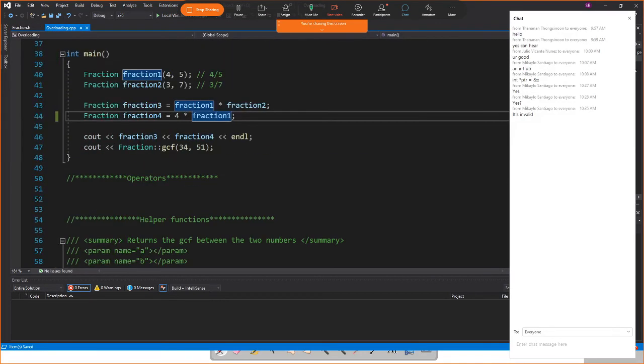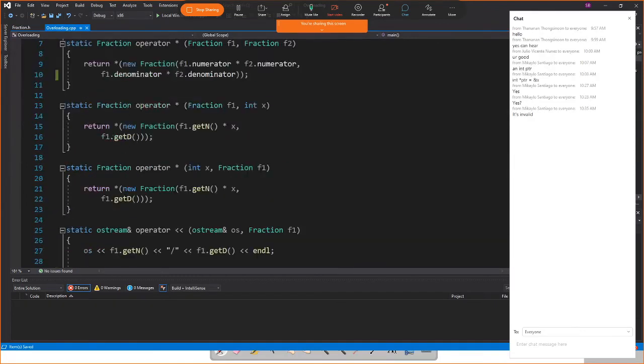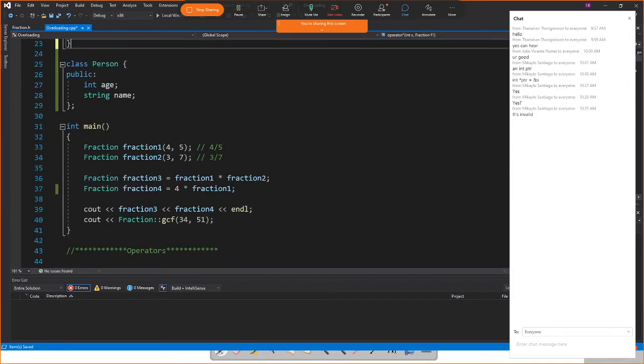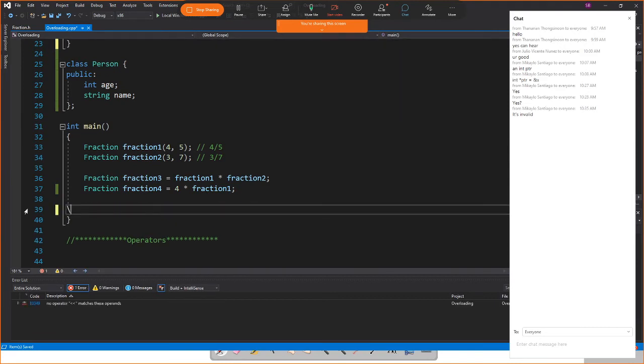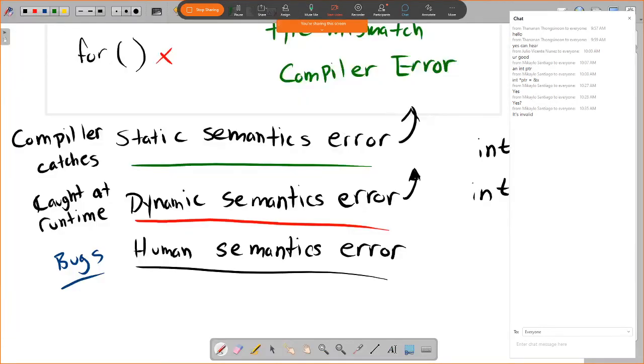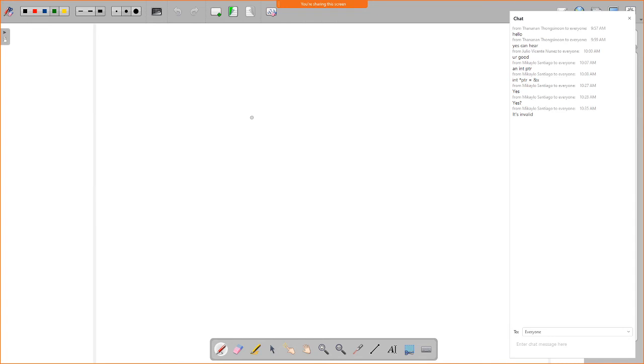So let's try to go about finishing the rest of these operators. Let's try to do a plus, a minus. I'm going to delete this one, we'll come back to it, we'll rewrite it. And then we'll maybe do an insertion and an extraction and maybe an equal if it lets us do it. Hoping that goes up in a second. There we go. Right, so